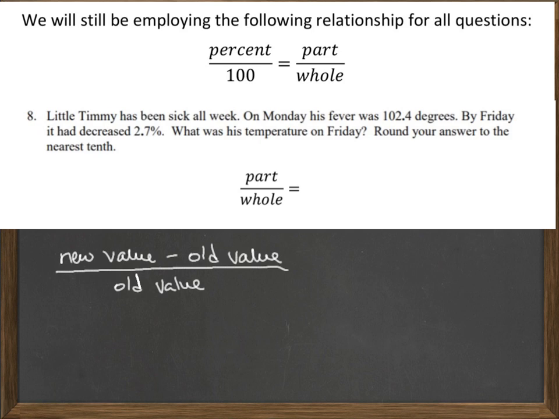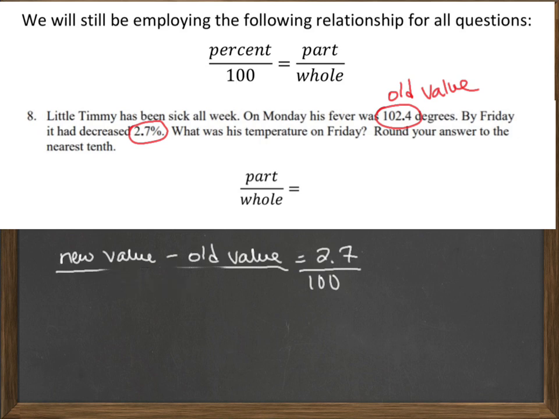Okay, so let's circle the pieces of information we're given. We're given his original temperature, so this is going to be my old value. And then we're also given the percent decrease, which is 2.7%. So we have 2.7 divided by 100. So now what are we going to do? Well, we can replace the old value, we can replace it with